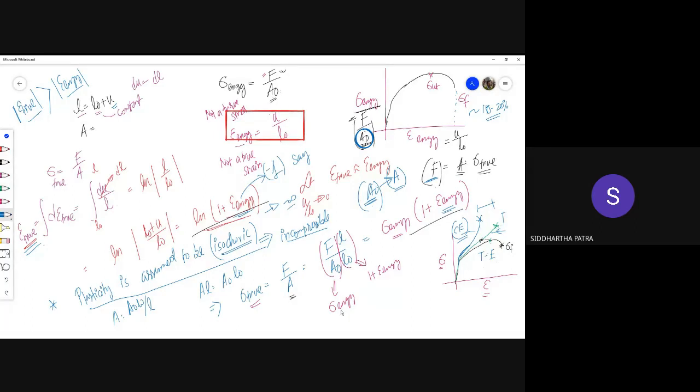Since in the compressive case, just the opposite happens, that means the cross section is increasing, and you are not taking into account that the cross section is increasing. Since the cross section is increasing, its load bearing capacity only increases more and more. And what you end up getting is a stress strain curve which even goes above the true stress strain diagram.